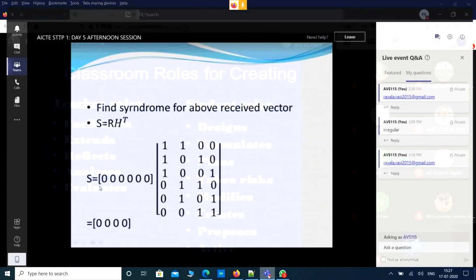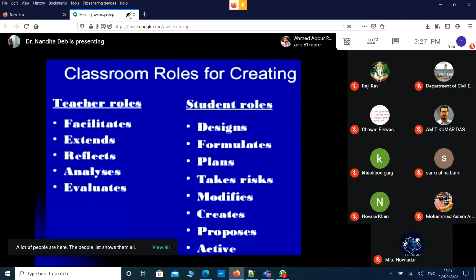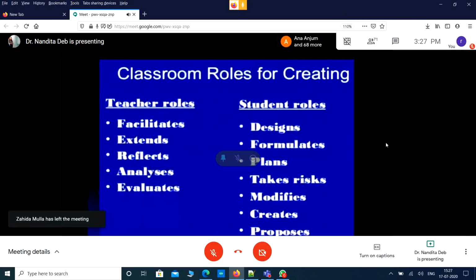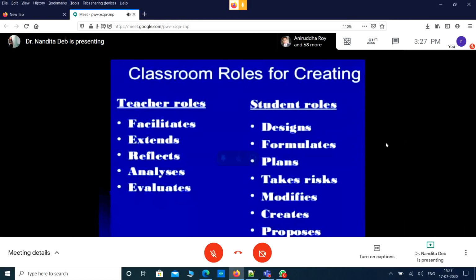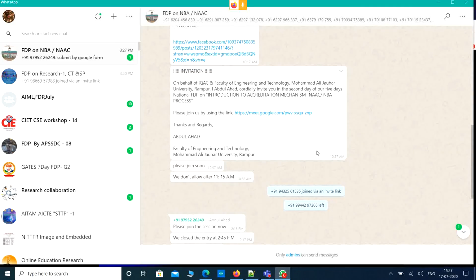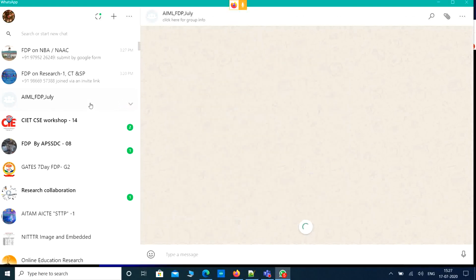After calculating the symbol position, to correct the position of the errors in the received code vector, create that environment where we can reflect on different issues and we can be a good mentor and a facilitator for our students, where we can give them ideas and certain humble suggestions so that they can analyze, they can create the thing on their own way, but we can reflect them. We can give them the ideas and we can play the role of a great facilitator.